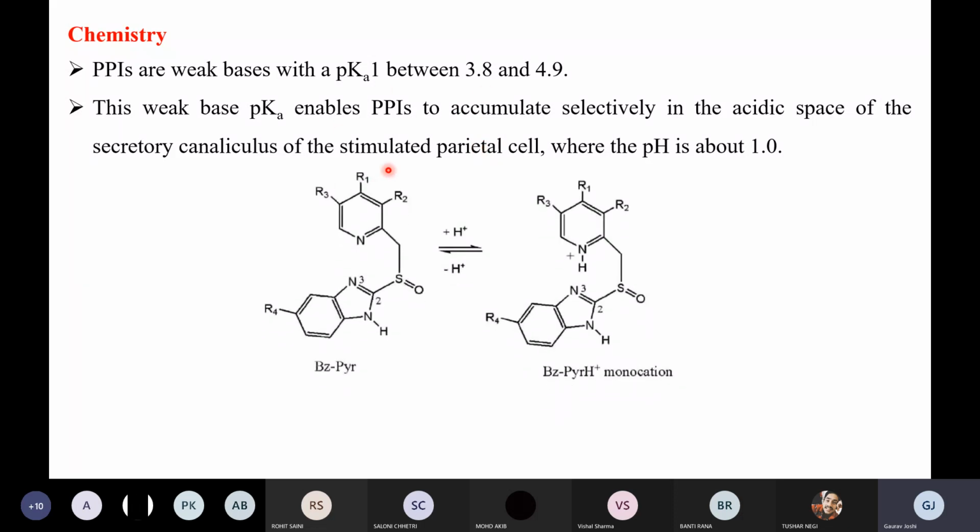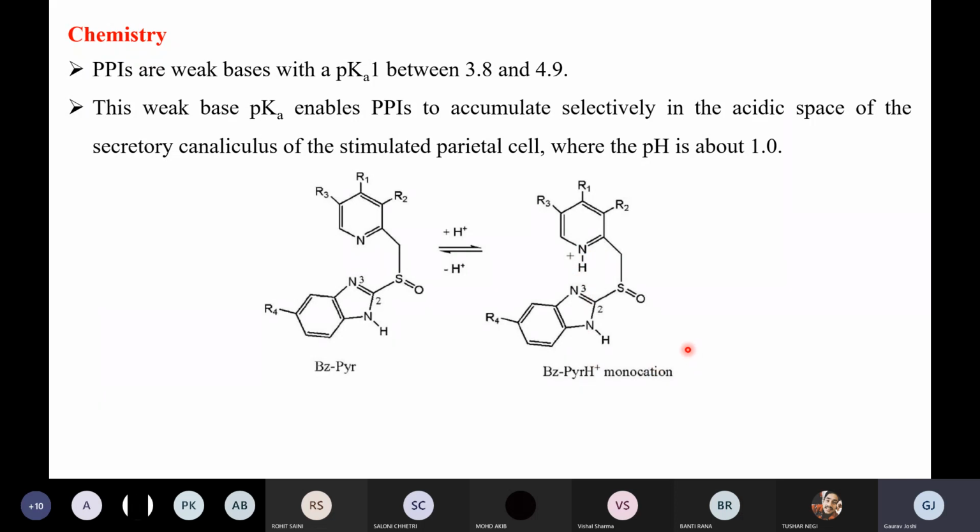So this is your molecule. We were saying the pyridine is responsible for the pKa1. So pKa1 means the first attack of the proton will be at this site, followed by this one, right? If the first proton is coming here, it will have a higher pKa in comparison to this one, right? So the first proton is attacking at this site, and this is forming a monocation, right?